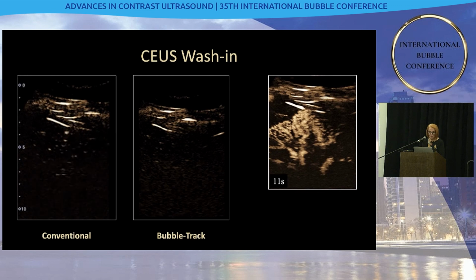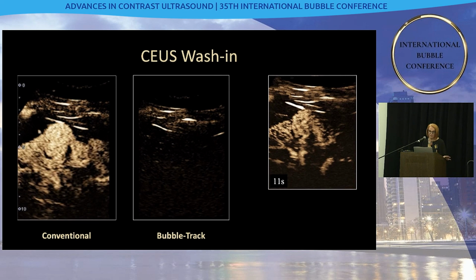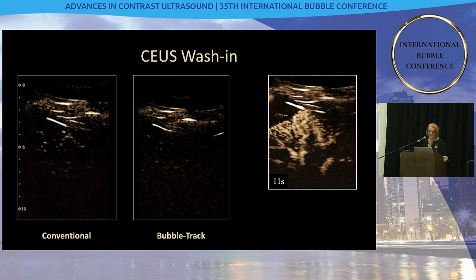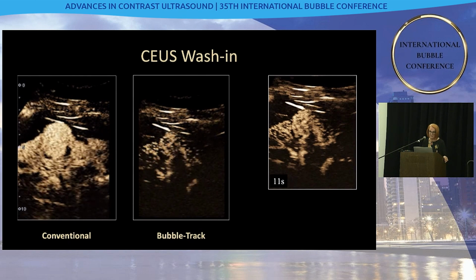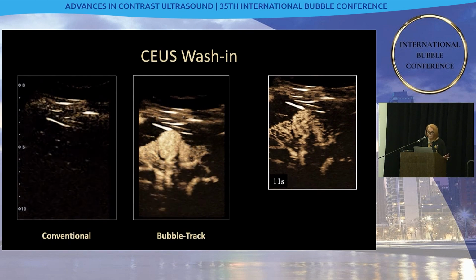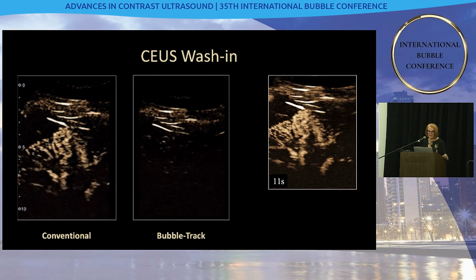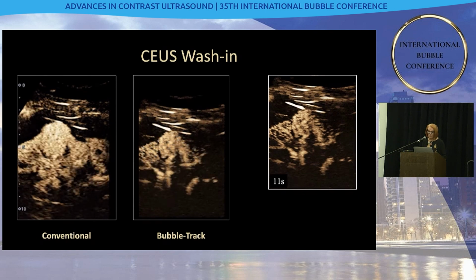And so when we inject the contrast, you can see on the left image that we're looking first at a conventional arterial phase wash-in, and we confirm that this is a hyper-enhancing and homogeneous mass. Now, when we use a bubble tracking technique, we can see actually that the mass looks almost like an FNH within the kidney. So this is a mass that's filling from the center with stellate vessels and a centrifugal filling